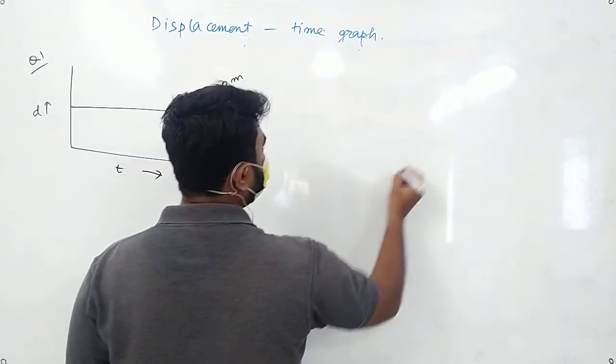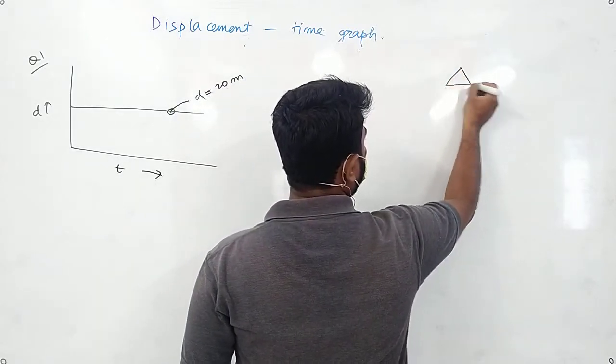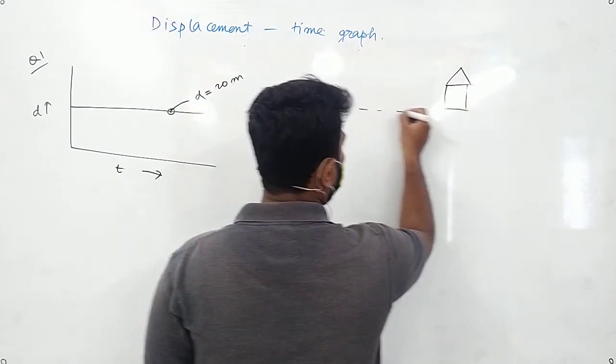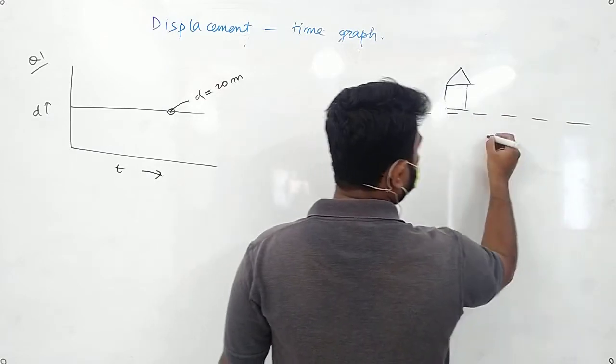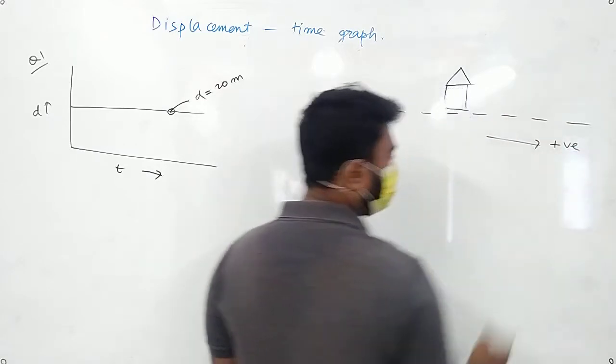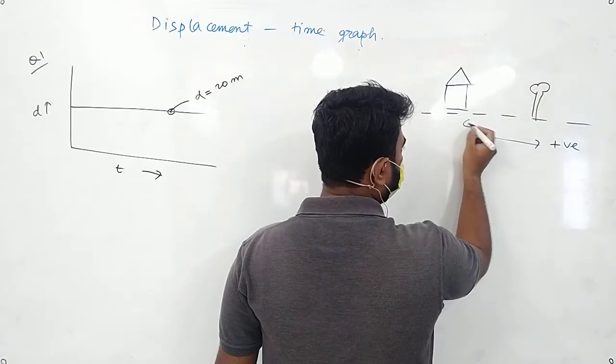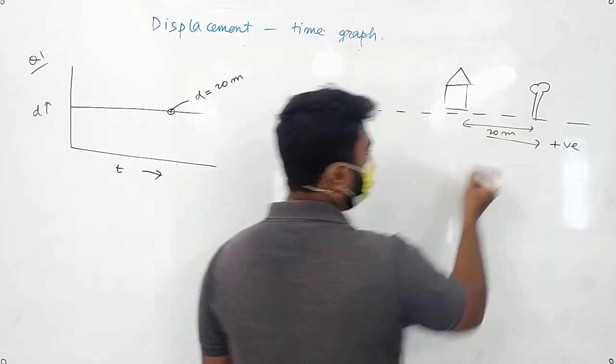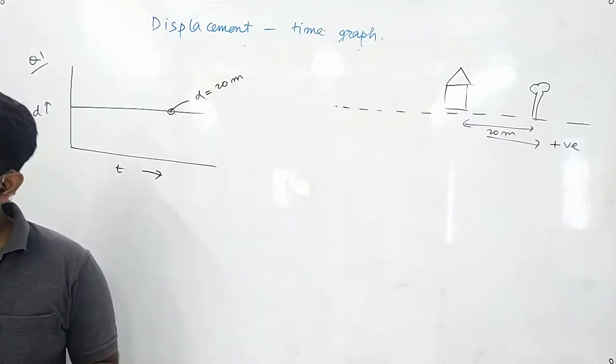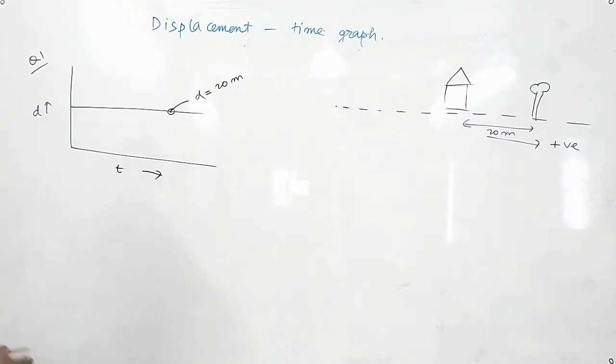That means if this is your house, and this is the lawn, and if you grant this as the positive direction, then the body is at this position, which is 20 meter in the positive direction. Is the idea clear? Okay, if I give you another question,